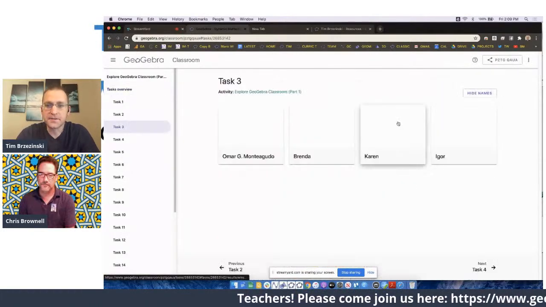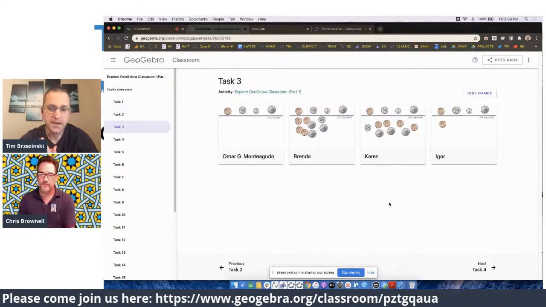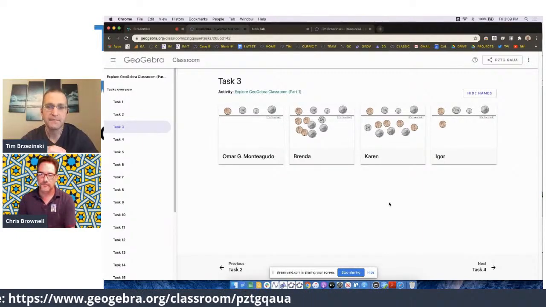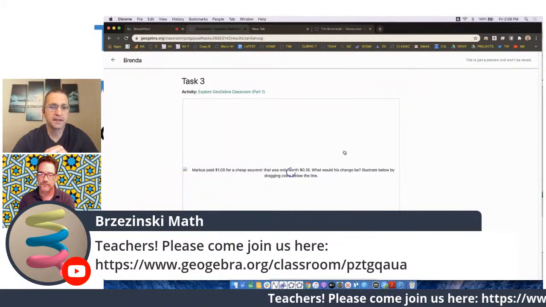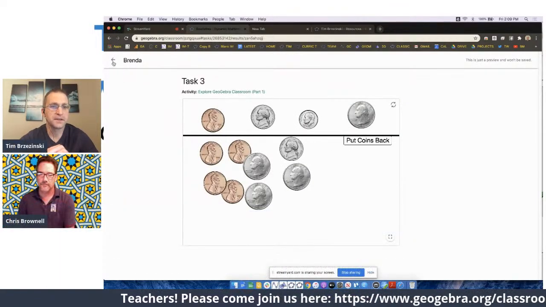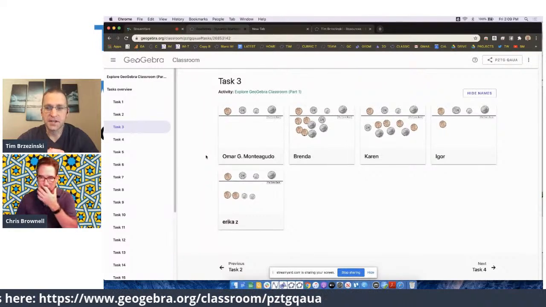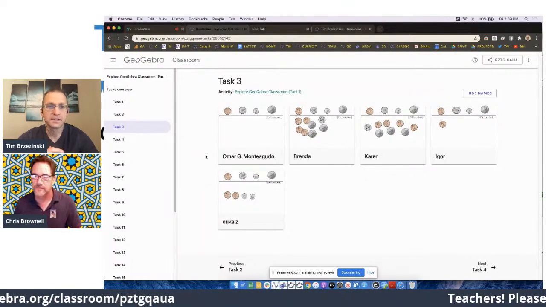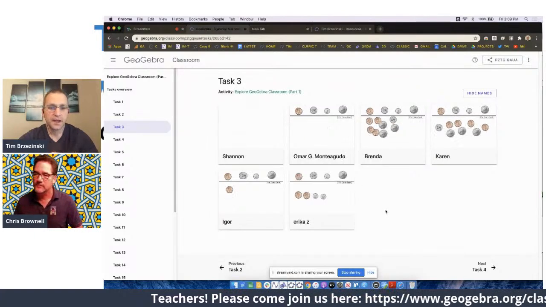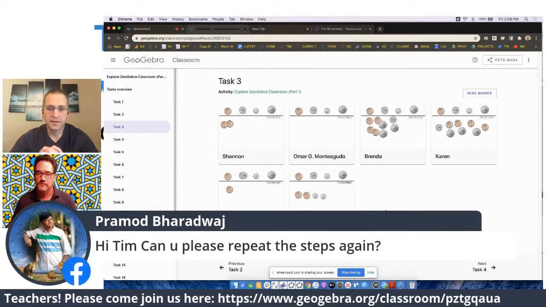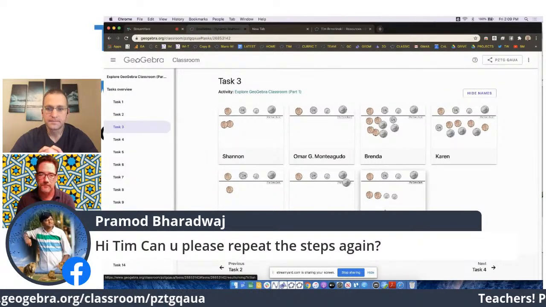If you can go to task 3, everybody could opt to task 3, just making change, the problem with the dollar. The original question said something like, what was it? I think Marcus paid so much money and they're asking you to make change here. I forgot what the amount was, but I should have put it in here as a question. That's my bad. But again, Shannon just joined here, but I'm literally seeing changes in real time here